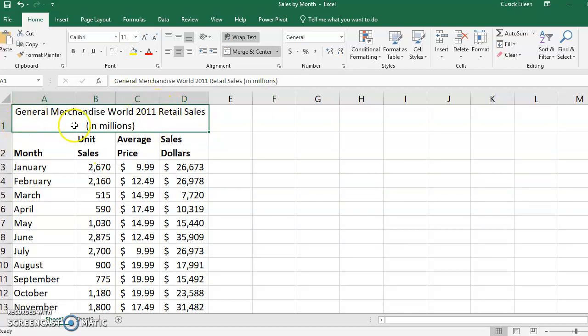And why did it not break where I had thought? Well, because it's breaking based on how much it can fit in a particular area. So how do I change that? Well, what I can do is I can come down in front of the formula bar in front of the 2011, and if I hit,